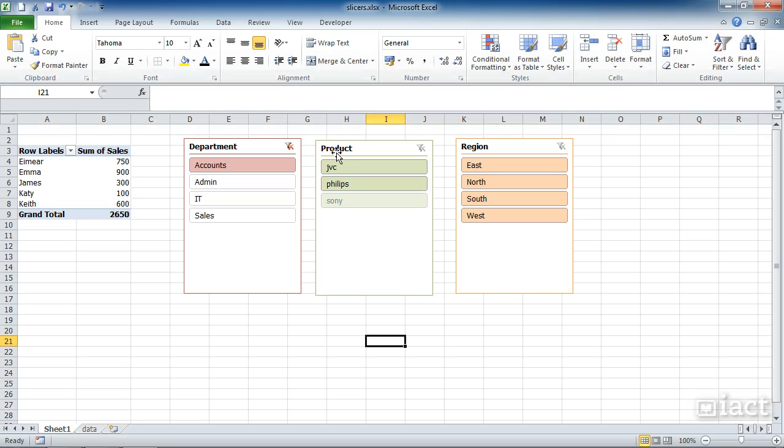And I can also see that the products that are now involved are just 2 out of the 3. So within the Accounts department, Sony is not a product. And also all 4 regions are part of the Accounts department. If I change this to Admin, again I can see the different options appearing. So again, still only 2 products, but this time only 3 regions are involved. If I go to IT, I see the changes, and then Sales, I also see the visual change in the